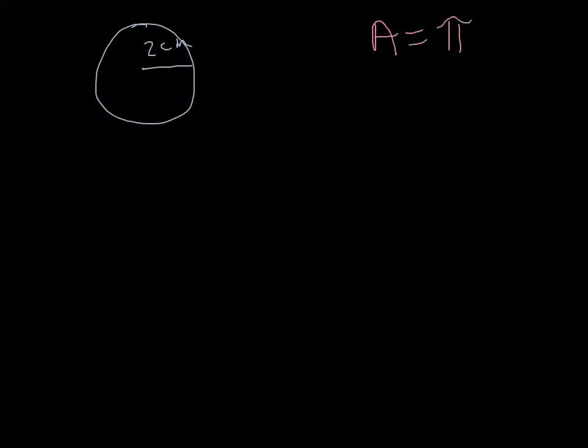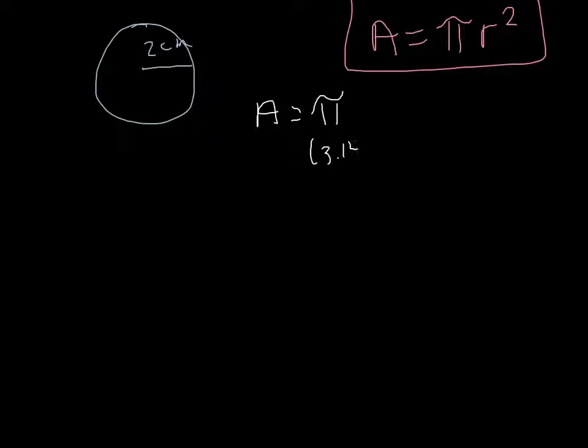So I'm going to draw a circle, and I'm going to give my circle a radius of 2 centimeters. My question asks me to find the area of this circle. We just developed the formula: area of a circle equals pi multiplied by your radius squared. I'm going to write that in the top corner so I remember it. And just like we've always done in the past, you take the numbers you know and plug them into the formula to solve for your missing number. I don't know what my area is because we're solving for that. I know that pi is also equivalent to 3.14 if you don't have a pi button on your calculator,